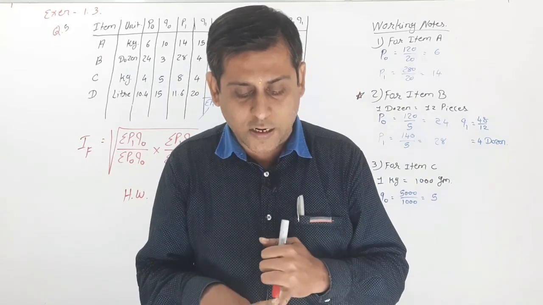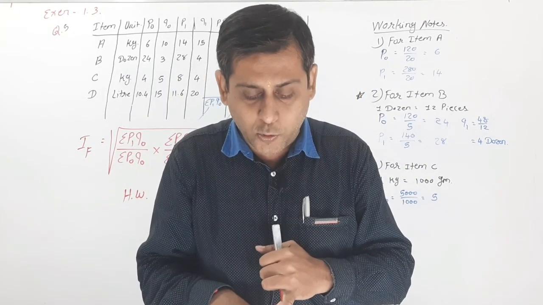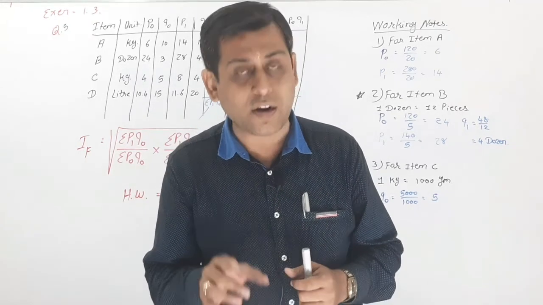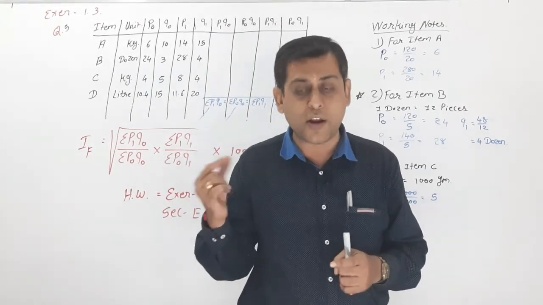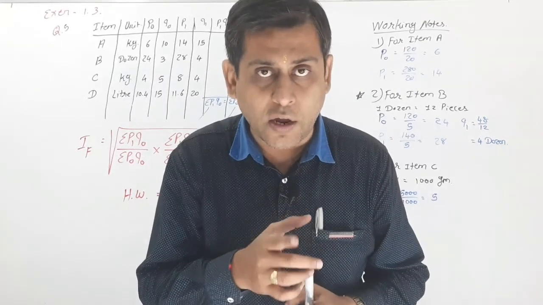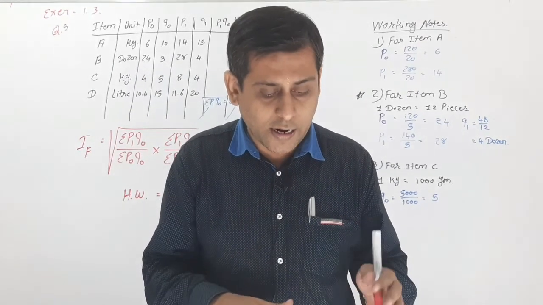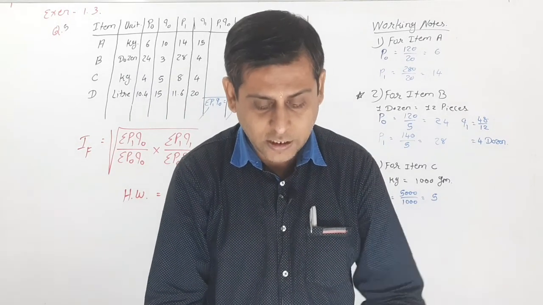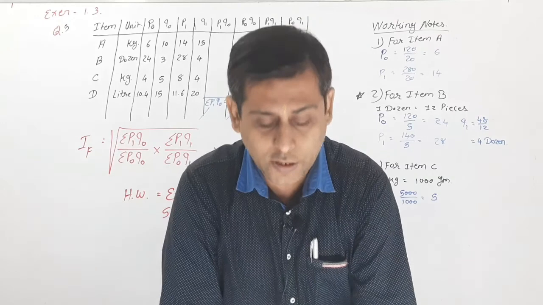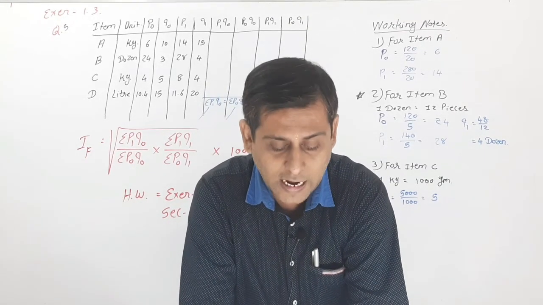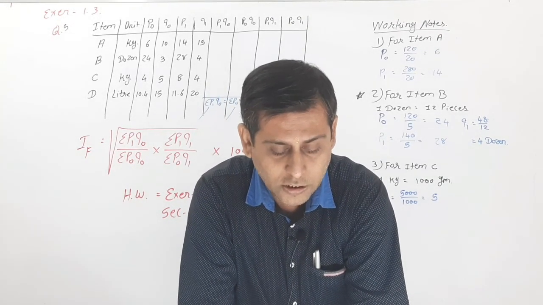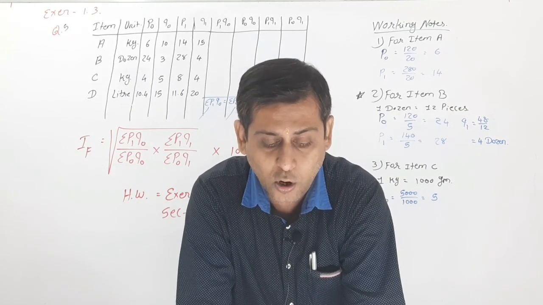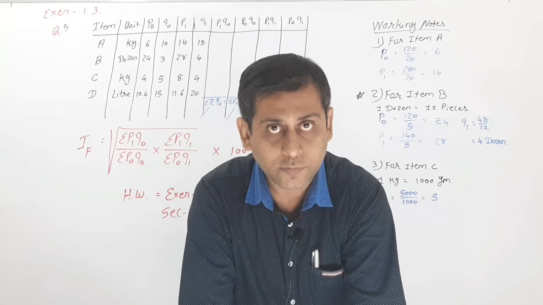The index number of the different groups of industries, output of a city, and the weights of the groups are given below. Here index number, that is I, and then weight, that is W, is given. So it is as per our illustration number 17. That is the last illustration we did in our last lecture. So these are the 3 sums that you have to do in your homework. Okay. Thank you, class.